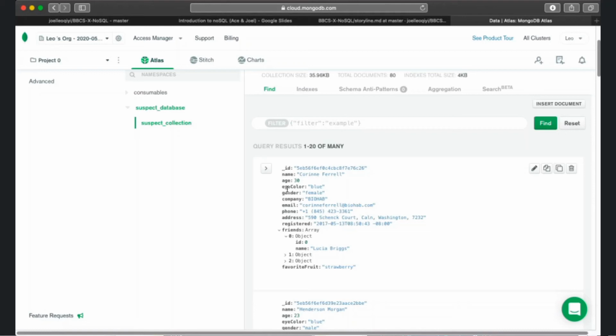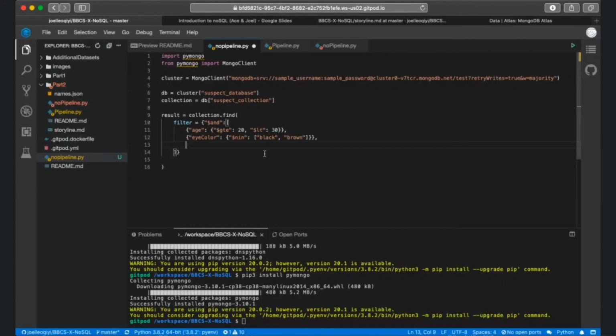I can use this function called NIN, not in. So if you learn Python, there is like for I in something, so there's like in, right? So not in is the same thing. So not in just checks whether eye color, or in this case, it checks whether eye color is not in the array of stuff after that. So black and brown, right? So it checks if the eye color is not black or brown, or not in the array of black and brown, it would return true, and therefore allow your document to pass through to the next query in the